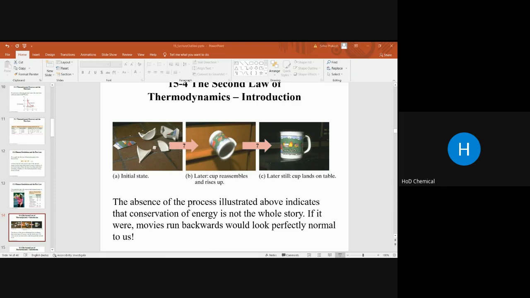Now, the second law of thermodynamics defines the direction in which processes occur. They are not reversible, and a movie that runs backward will look silly. Another consequence of the second law is that in natural processes some energy becomes unavailable to do work. If we look at the universe as a whole, it seems inevitable that more and more energy is converted to unavailable forms, and the ability to do work anywhere will gradually vanish.